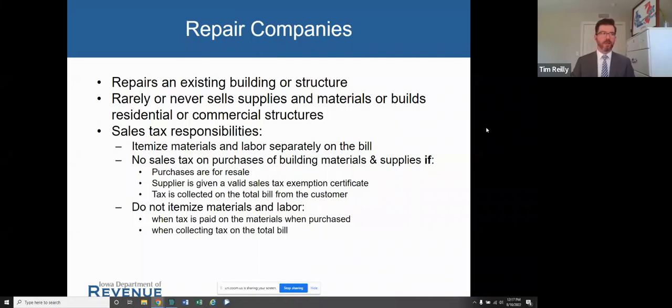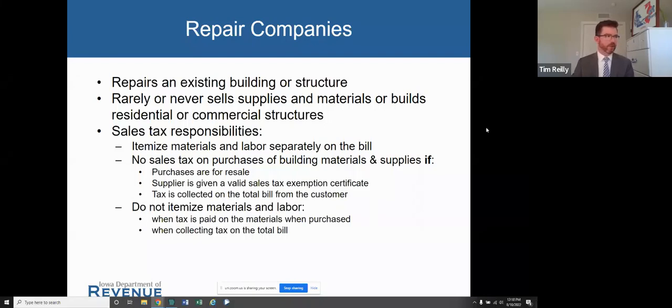Lastly, we've got repair companies, typically companies that rarely, if ever, make sales of products themselves or materials, or build new structures. Obviously, that's why we're referring to them as repair companies. Repair companies should itemize; best practice certainly is to itemize materials and labor separately.